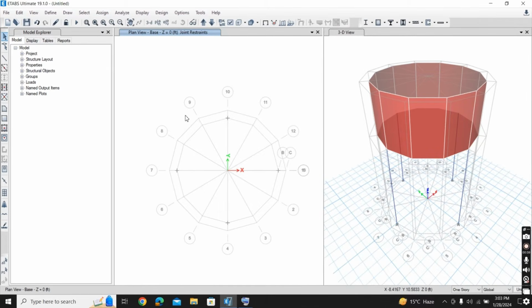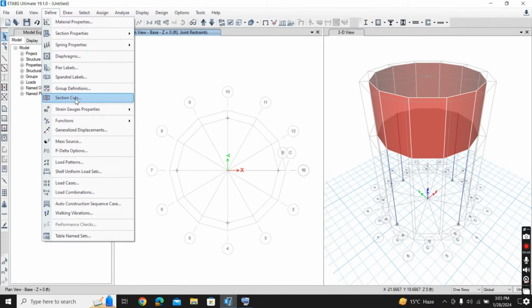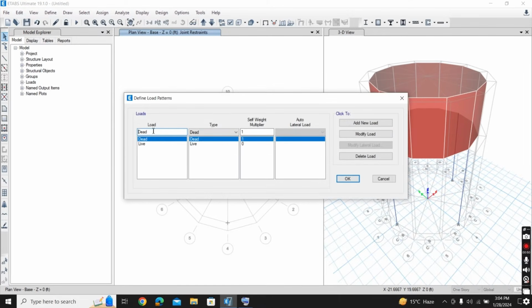In the next step, we will define load patterns and load combinations. For that, I will go to the Define tab from the menu bar and select Load Patterns, and we'll define the load patterns as